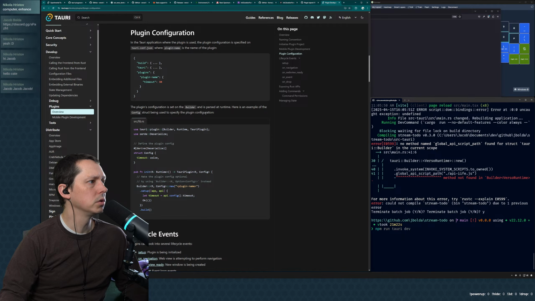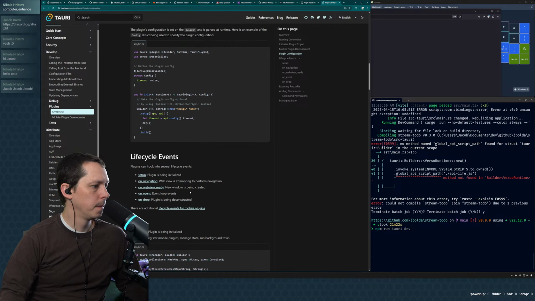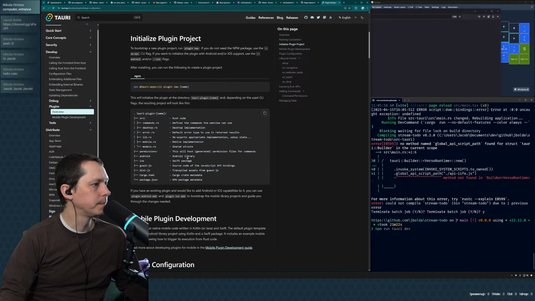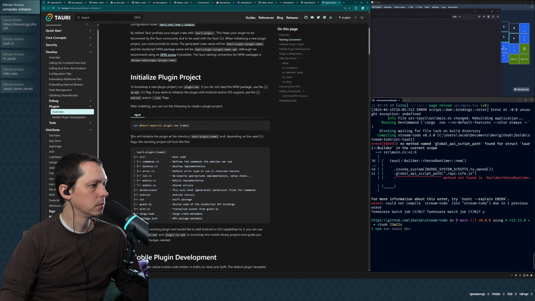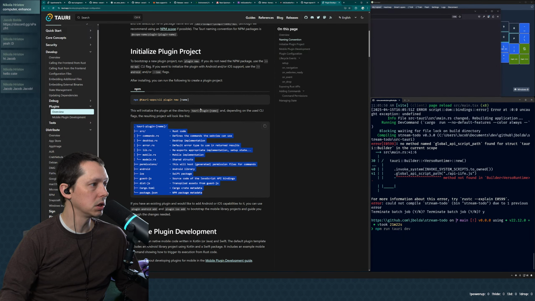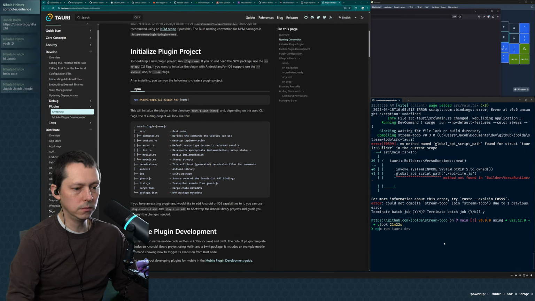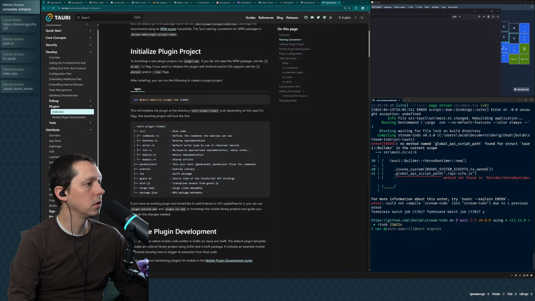Plugin configuration, build plugins. This will initialize the plugin at the directory, and depending on the used CLI flags, the resulting project will look like this. Okay. So if we do npx at, I guess we don't really need to do the Tauri